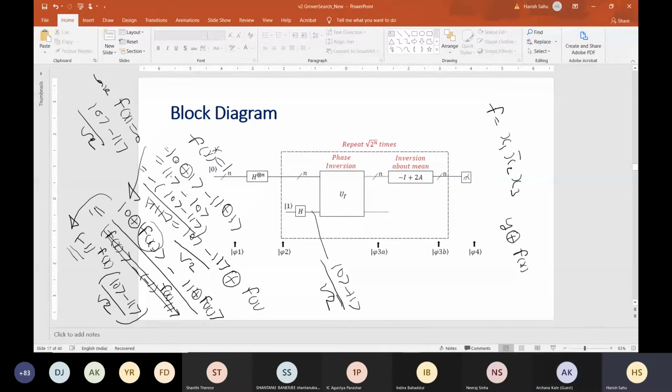So what I'm saying here is, if f(x) is 0, it remains the same. But when f(x) is 1, it gives an extra minus sign from here. So it will become minus y.